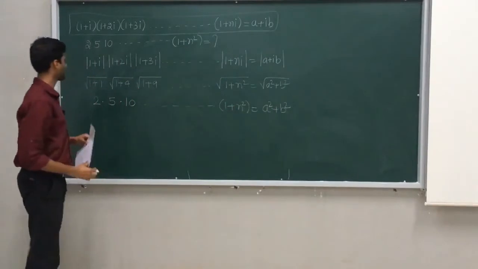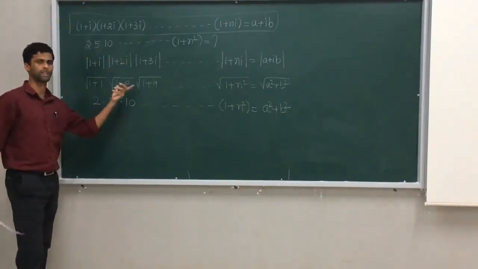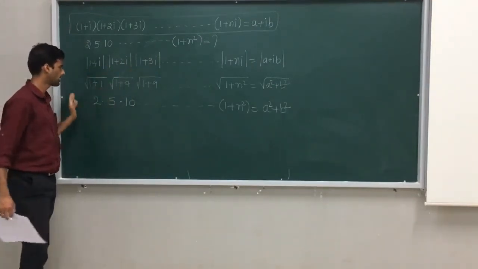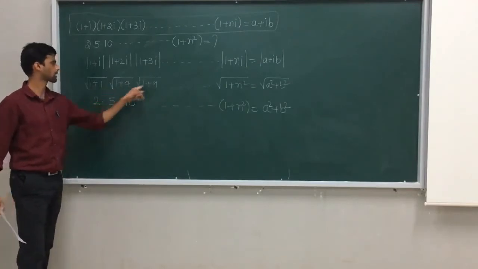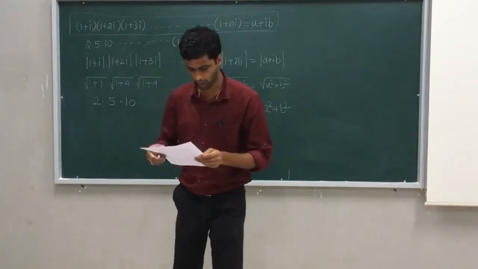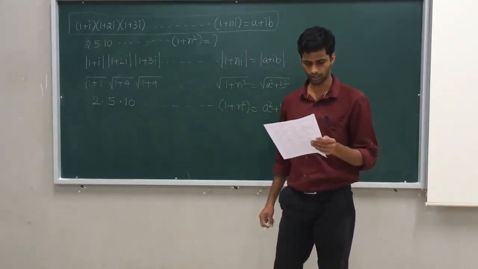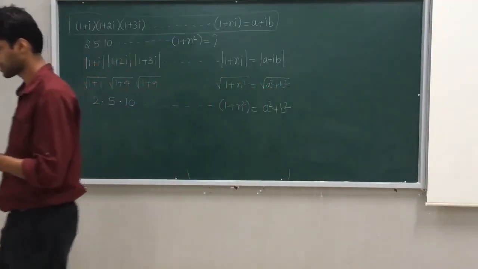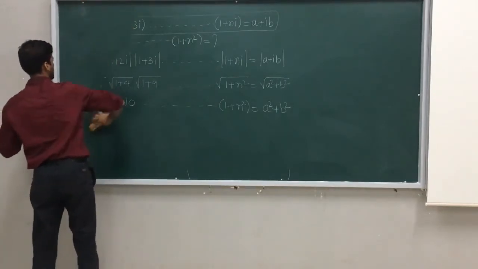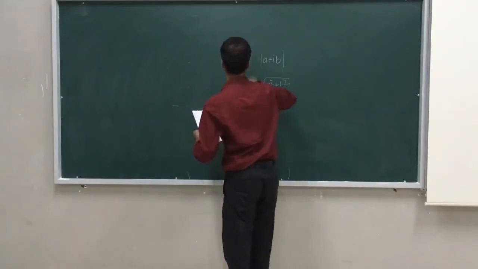So what I did: first I applied mod on both sides. Then I took the modulus of the complex number that we know. Then I applied square on both sides. Square will cancel with the square root. I am left with 1 plus 1 is 2, 4 plus 1 is 5, 9 plus 1 is 10. So I got a square plus b square, which is in the options as option A. So option A is the right answer for this particular question. This is a JEE question. Like this, you may be asked any kind of question. All you need is your perfect concept. If you have that, you will manage everything easily.